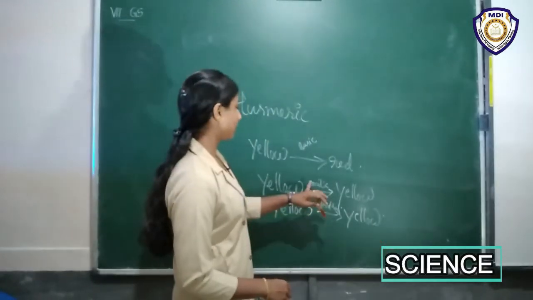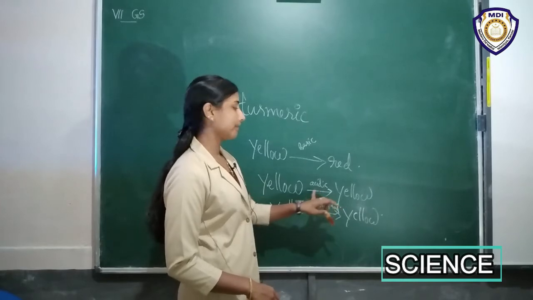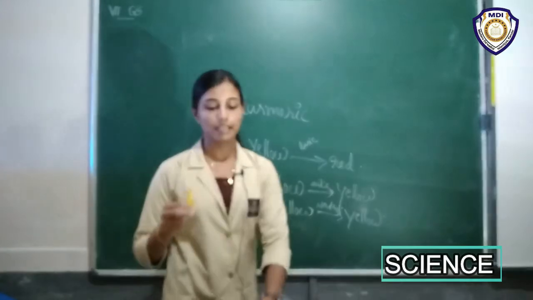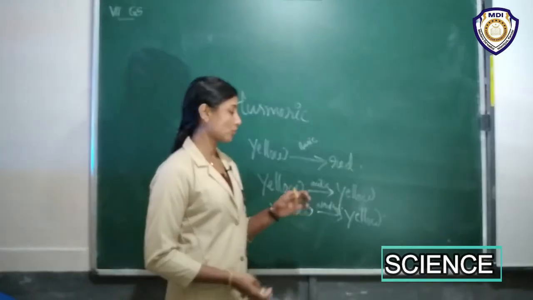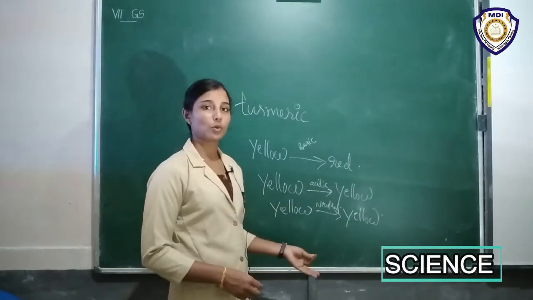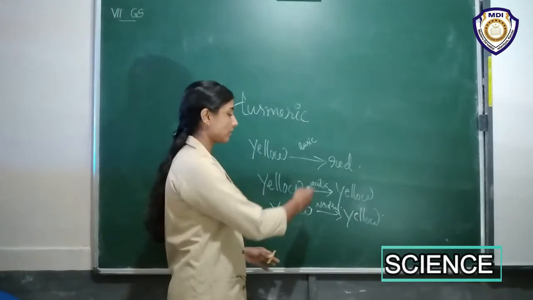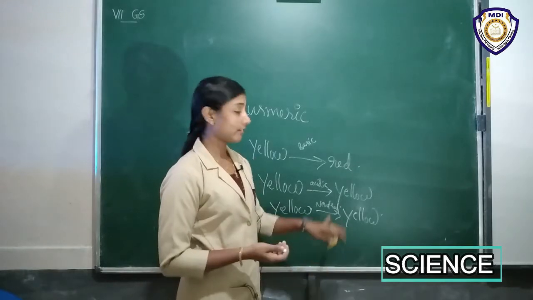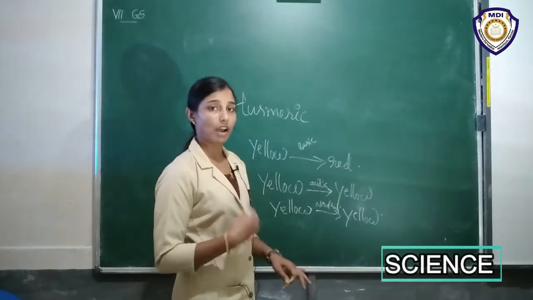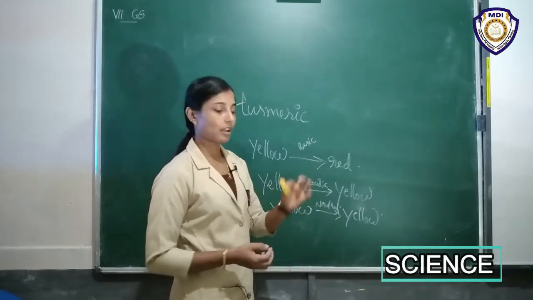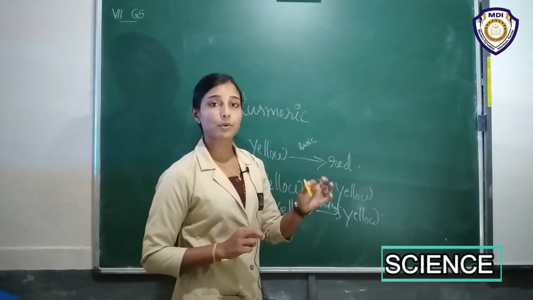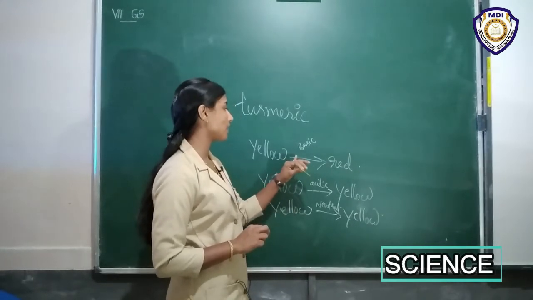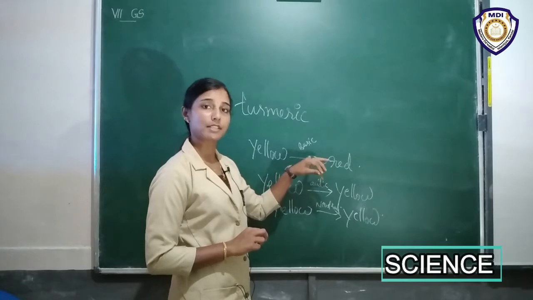Okay, so now how can we find whether it is a neutral solution or an acidic solution using a turmeric strip? In both the neutral solution and the acidic solution, this yellow strip remains yellow. Okay, so we cannot say whether it is acidic or neutral, right? So to differentiate these solutions, or to find whether it is acidic or neutral, we have to check using the turmeric strip. First we have to dip a turmeric strip in a basic solution.